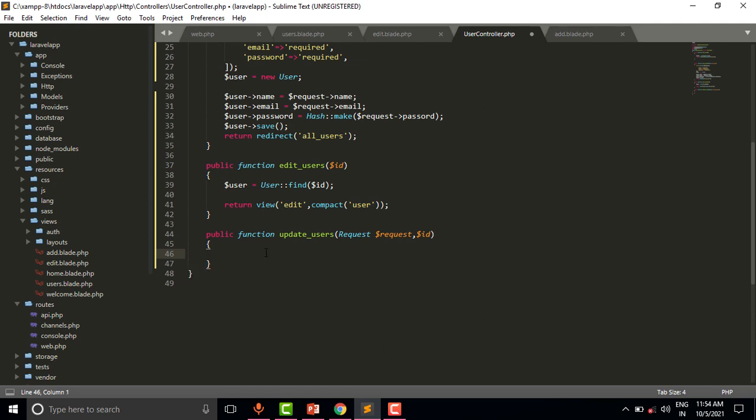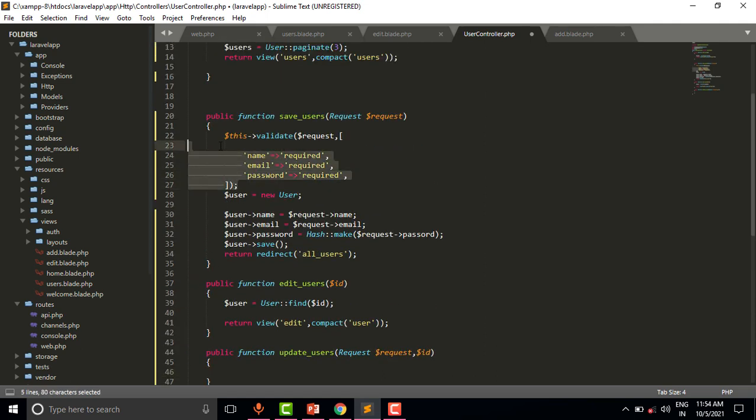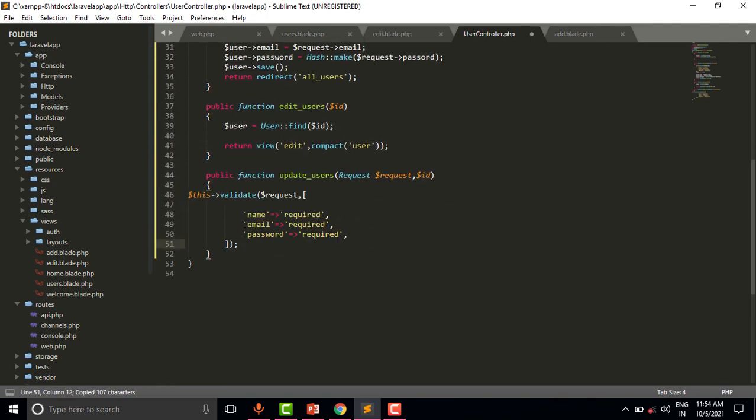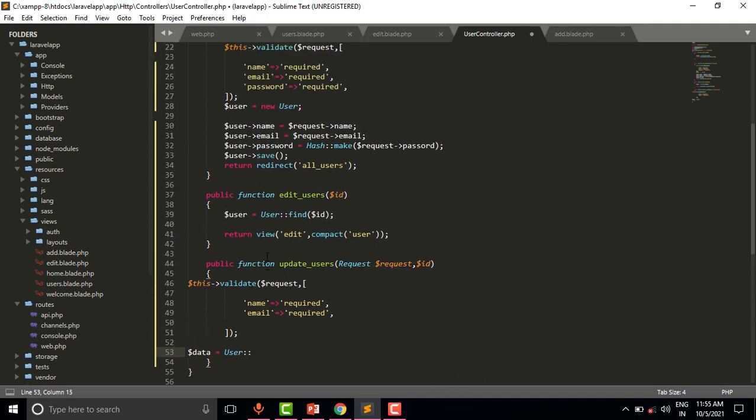So first of all we will write the validation. For saving the time I will copy from this function and I will remove this because I am not updating the password. First of all we will find the user. If the user exists which has this ID, then we will update that specific user.